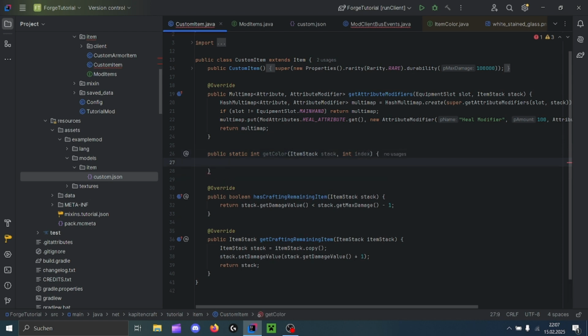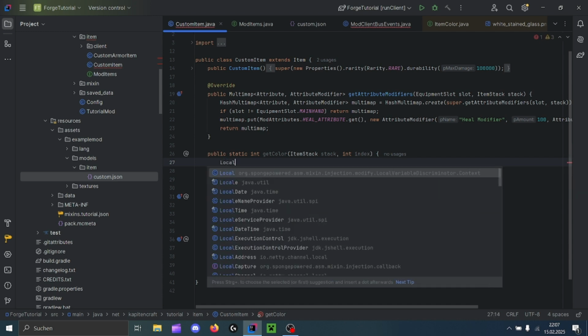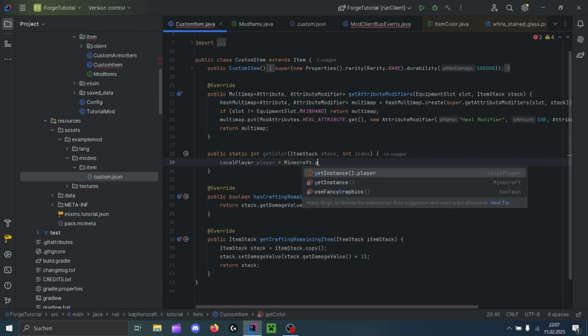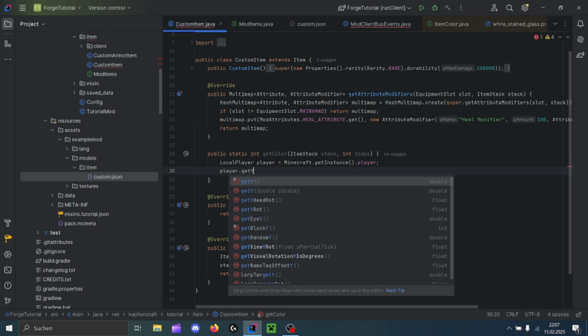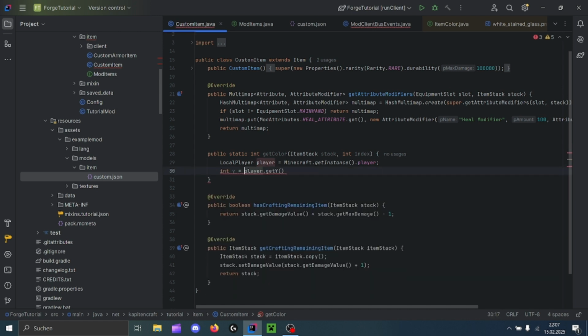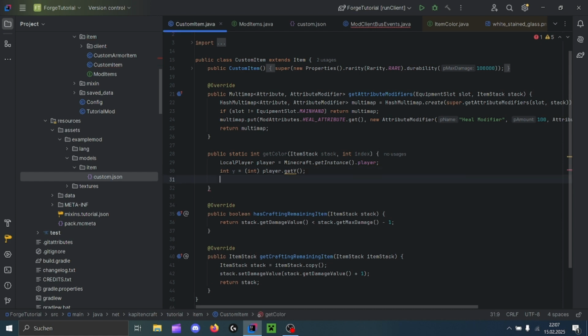Now we want to get the local player, because you can use client-side information, assuming it is a client-side event. Then we can do player.getY, and then we can return